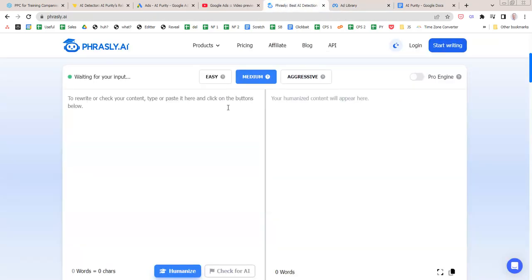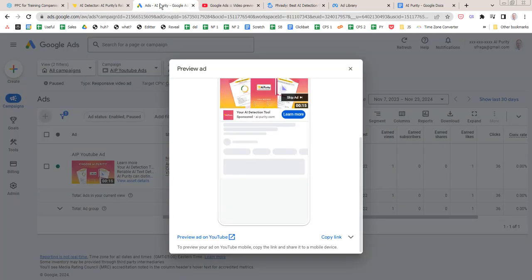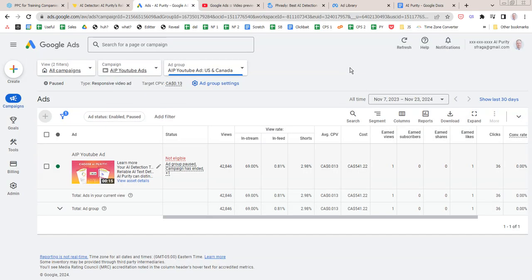And if you look at their website, it's also pretty clear that you paste in your content. You can try to check for AI, but they want to humanize it. The solution to the pain point is you don't want to get caught, so you want to humanize your content. So I'd create more ads and have a narrator. Just make it clear who the audience is and what they're going to get out of it.